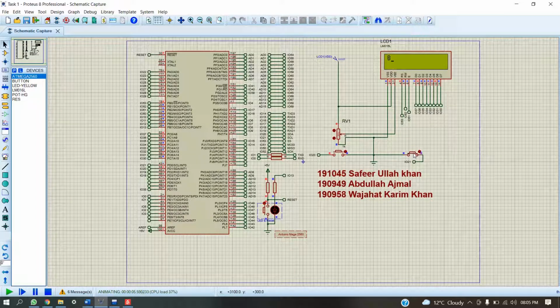Now we will press this button. It will tell us that we have pressed button number 1. But now we have pressed button number 2.